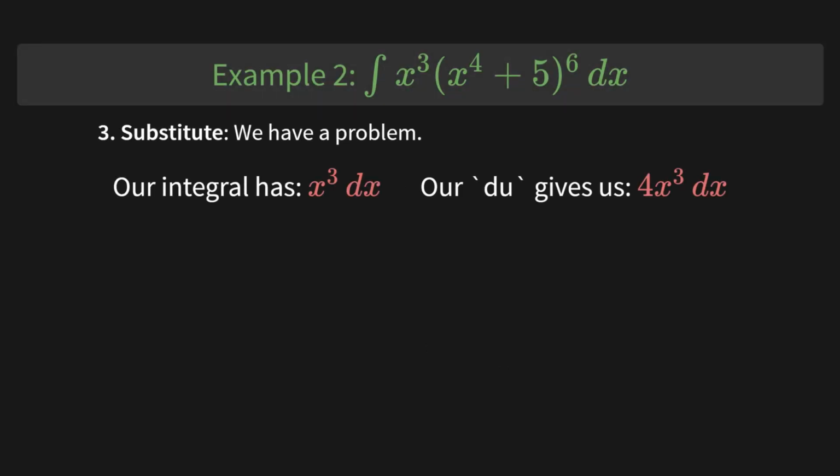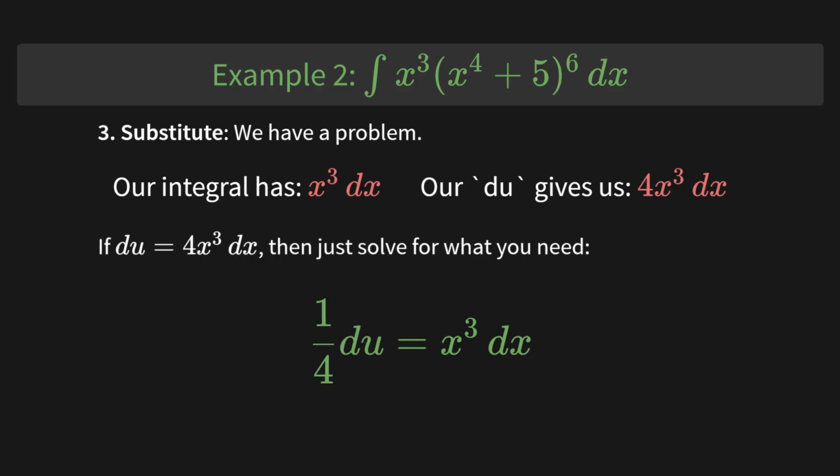Step 3. Substitute. Uh-oh. We have a problem. Our integral has x cubed dx, but our du gives us 4x cubed dx. This is where people get stuck, but it's just a little algebra. If du equals 4x cubed dx, then just solve for what you need. Divide both sides by 4. 1/4 du equals x cubed dx. Now we have a perfect piece to swap in,